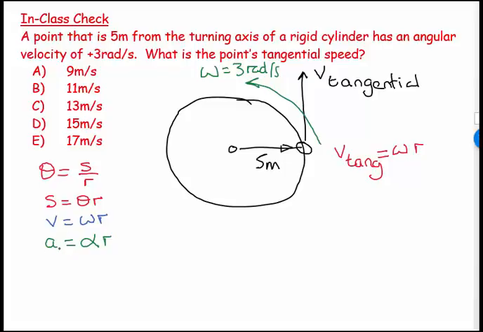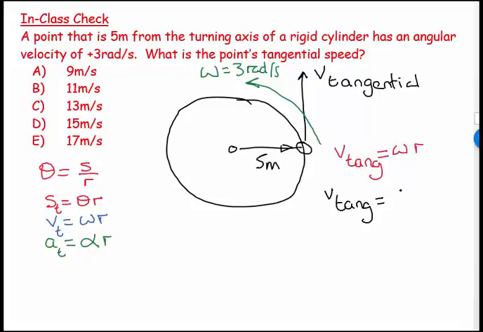So this could be tangential acceleration. This would be tangential velocity. And this could be the tangential distance, if you like. So over here we can say, well, in this case then, we want to find V tangential. So we'll say V tang